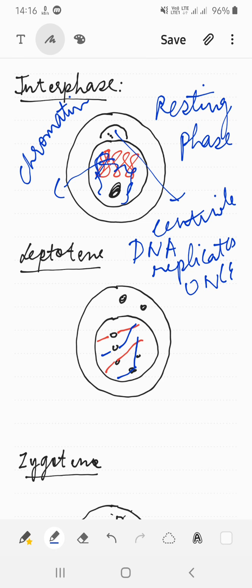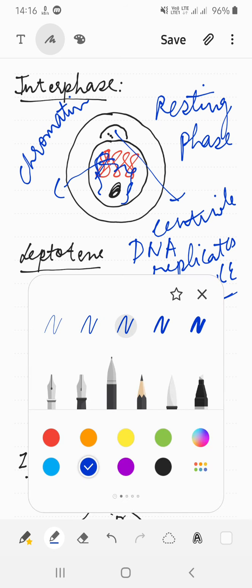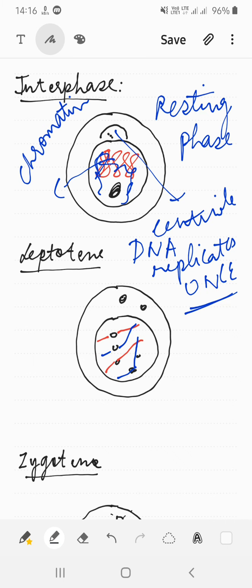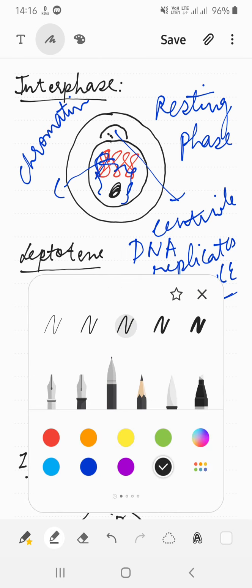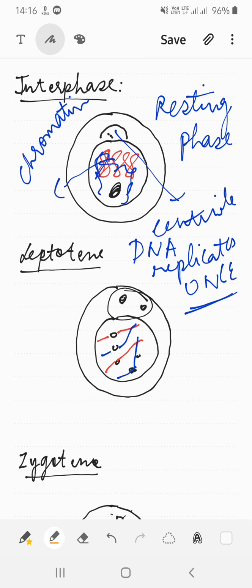And the first substage we are taking is your leptotene. Now in leptotene you can see the centriole starts separating, and you can see two colors of the chromosomes, that is your red and blue, from your two parents, one from the mother and another from the father, and they are becoming short and condensed, like in the first stage of mitosis, where the chromatin material becomes short and condensed to form the chromosomes.